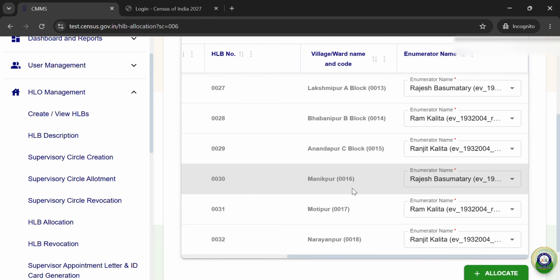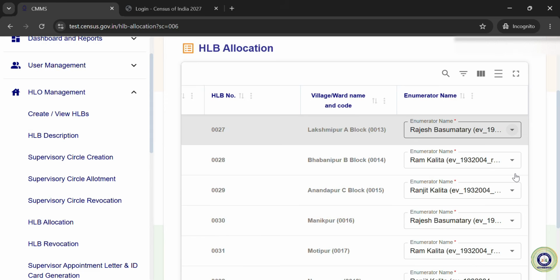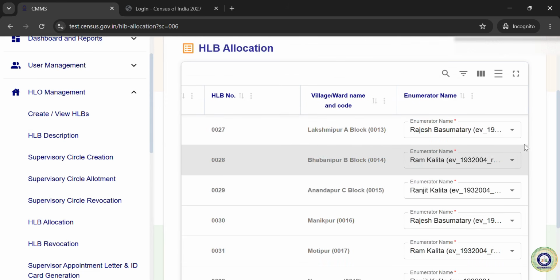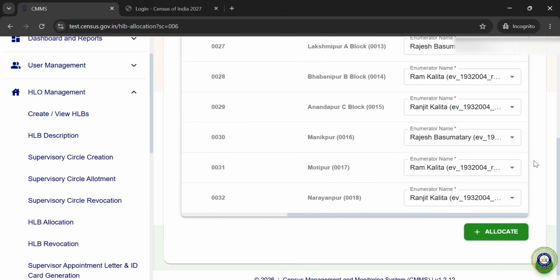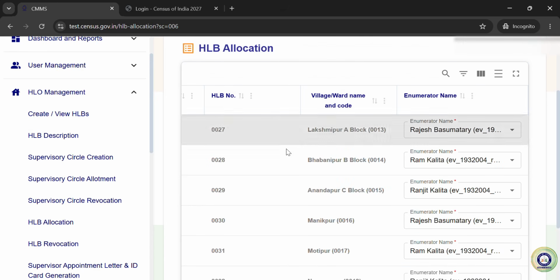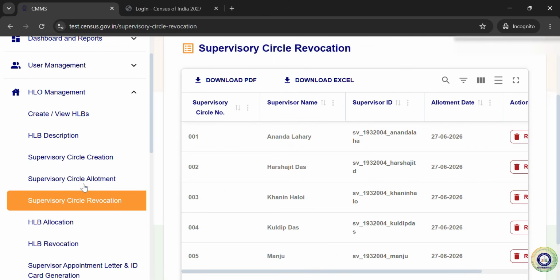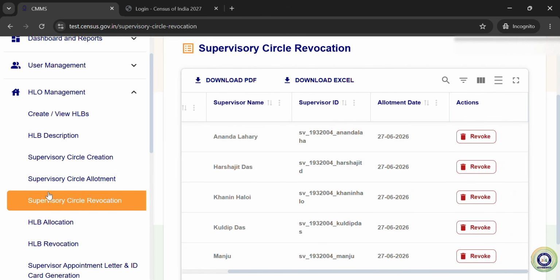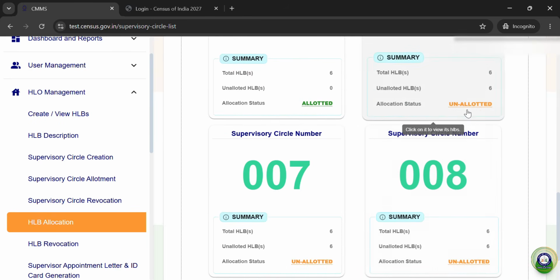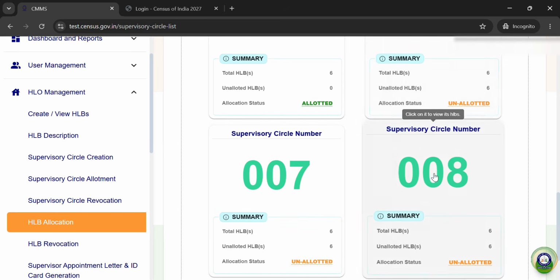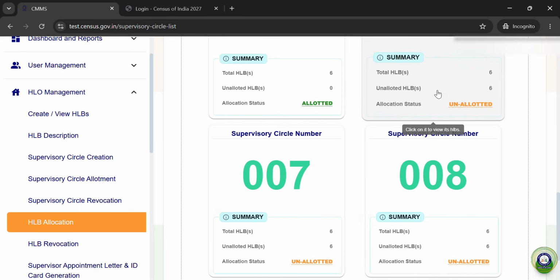Please allocate the supervisor circle to a supervisor first, and okay. So all the supervisor circles which I have created, all have been allocated, right? There are no more supervisor circles, because we have created 7 and earlier it was 8. So all the 8 supervisor circles I have allocated, right? So there is no option for allocating. So it is showing that first we need to allocate it. So these 3 supervisor circles we cannot allocate because there are no more supervisors in our supervisory list.